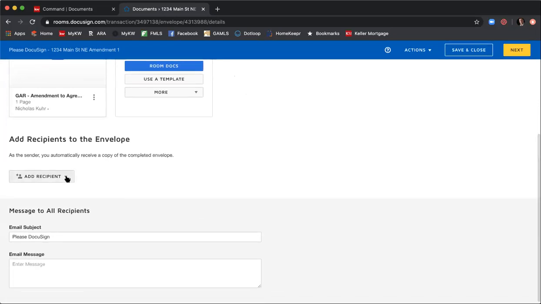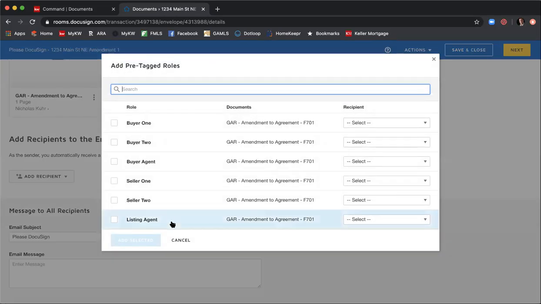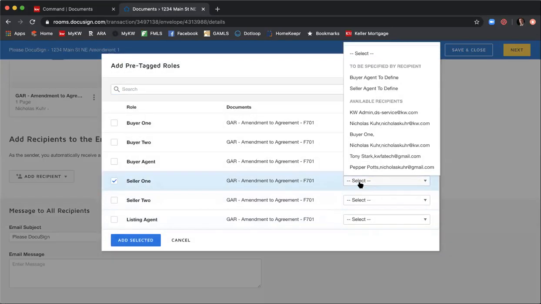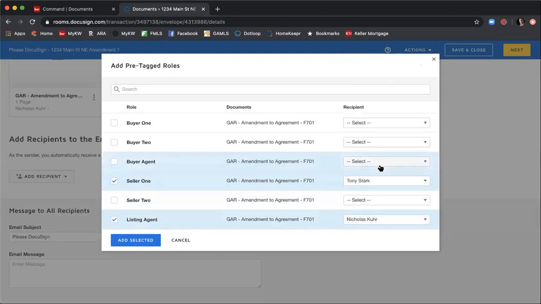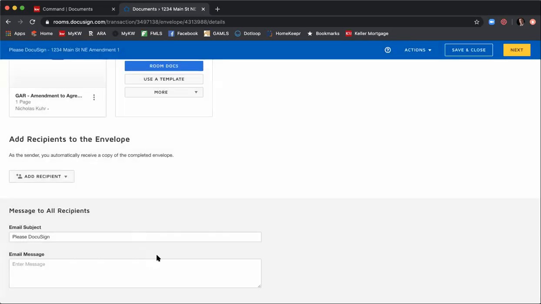Now I add recipients. Be sure to select your pre-tagged roles. I'm going to do seller 1. I'll do Tony Stark. And then listing agent, I will select myself. Now you're probably going to be in there 2 times. That's fine. Select either or. It's because you've added yourself as the listing agent, but then DocuSign also adds you as an owner agent for every single room. So pick whichever one you want. And then just for today's example, I'm not going to select seller 2. And then add selected,